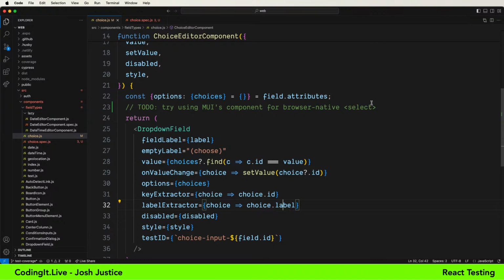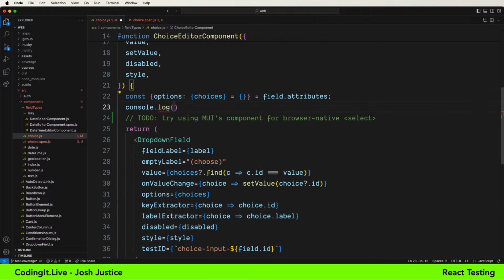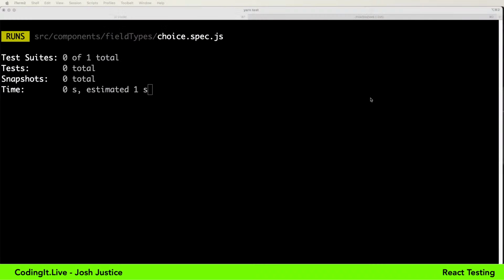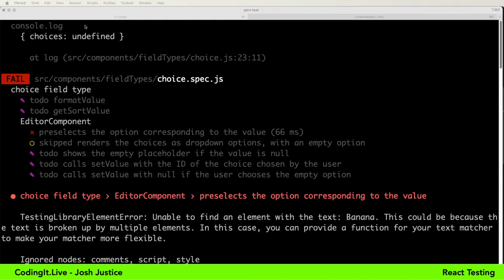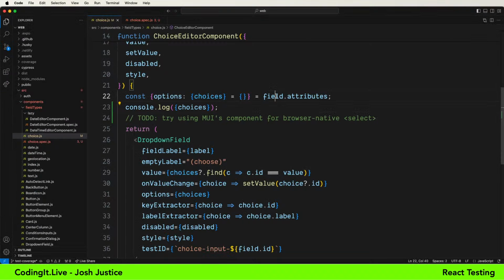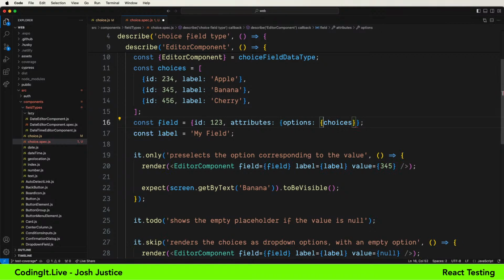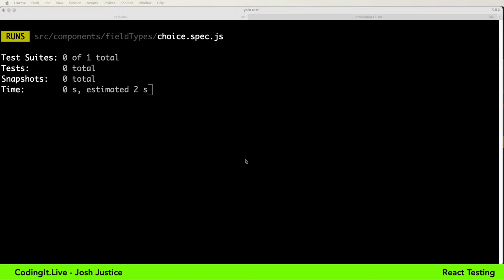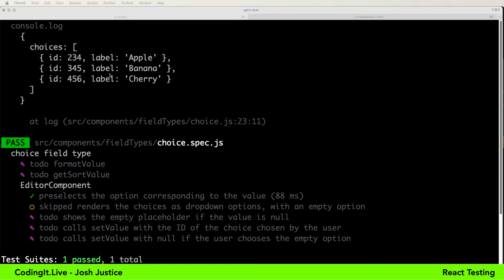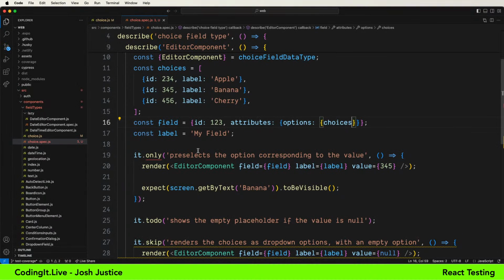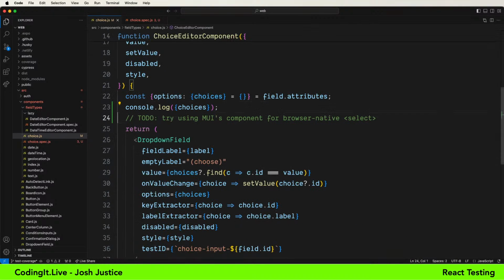In the choice here, console log choices. Choices are undefined, so I have wired something up wrong. Field, attributes, options, choices. Field, attributes, options. Oh, no, it's not choices. That's nested under an object with choices, which is basically like that. So it passes and the choices are outputted there. So that's good. But actually from that error output, I got an idea of what we could assert on that's